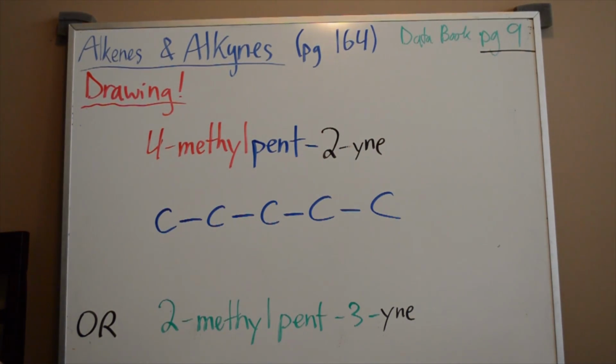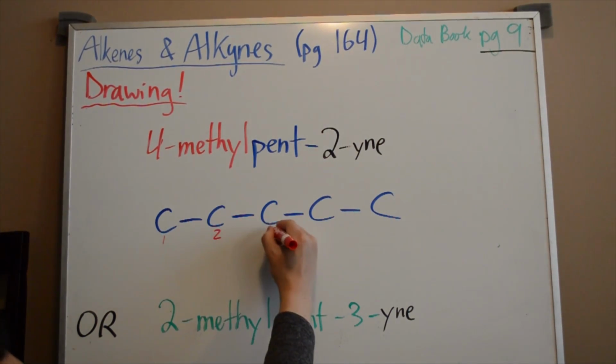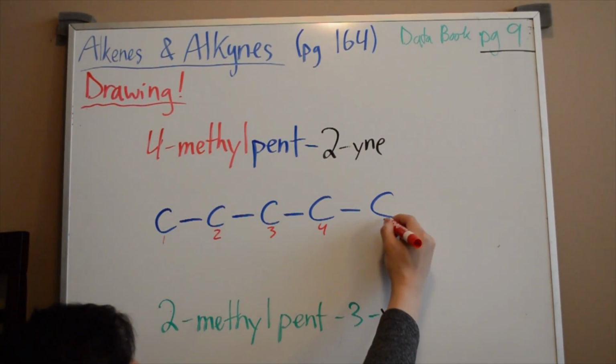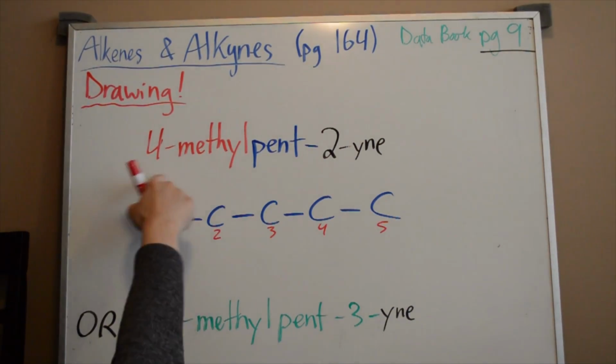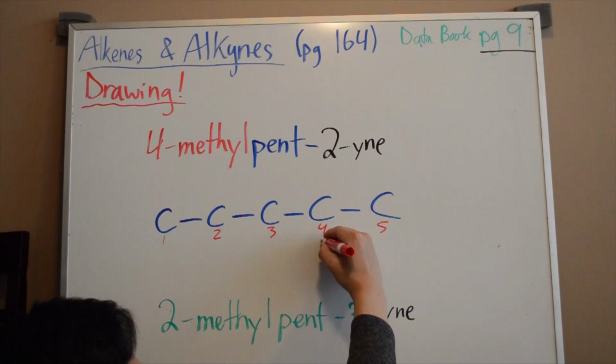Which carbon is it going to be on? Well, let's try to use this one and see how we can reconcile this. So we have 4-methyl. If this was 1, 2, 3, 4, 5, 4-methyl means on the 4th carbon I have a methyl branch. We're just going to go like this,